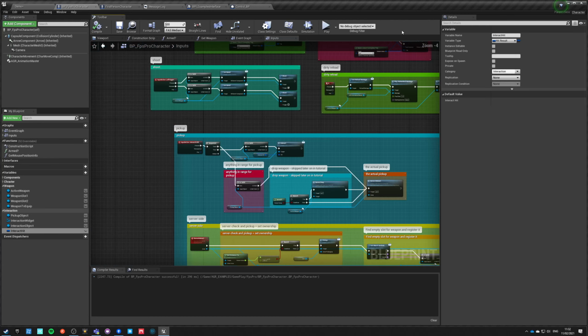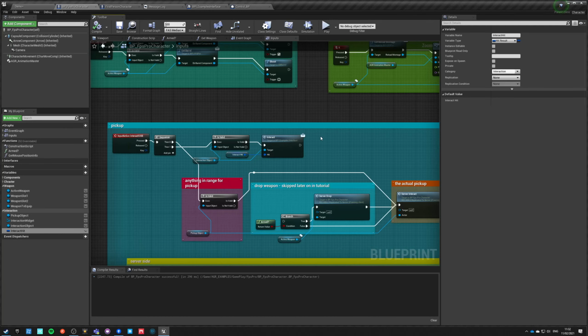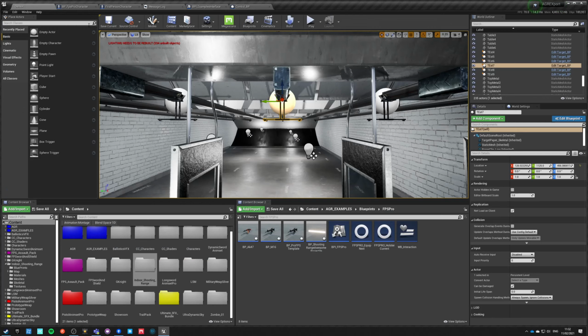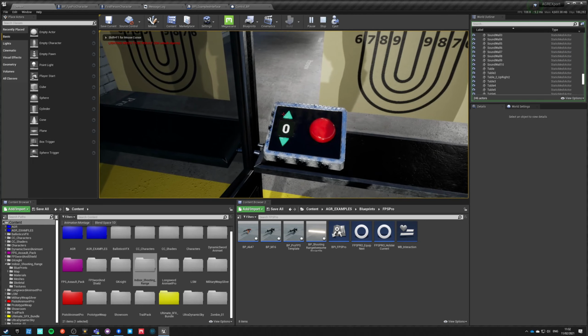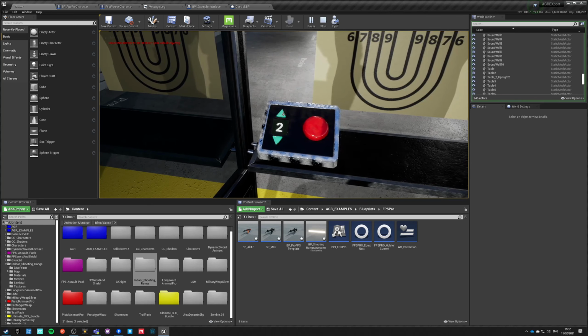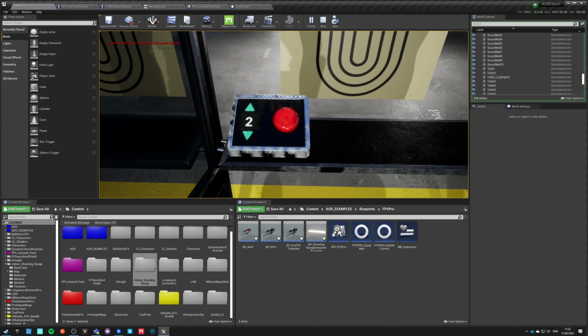And by the way, this works on single player. To make it work on multiplayer, it will be a bit more tricky, but it would be possible. But let's just test it now and see if I can hit F. Yeah, I can change those values, and if I hit this,